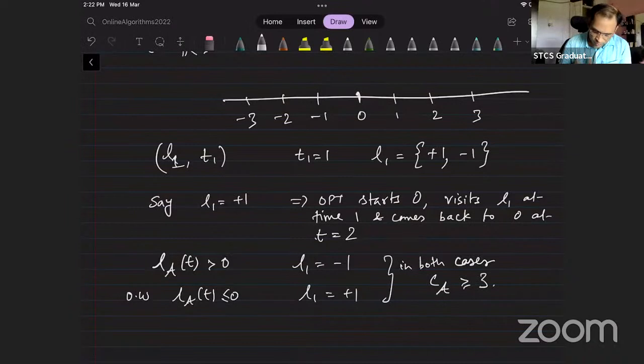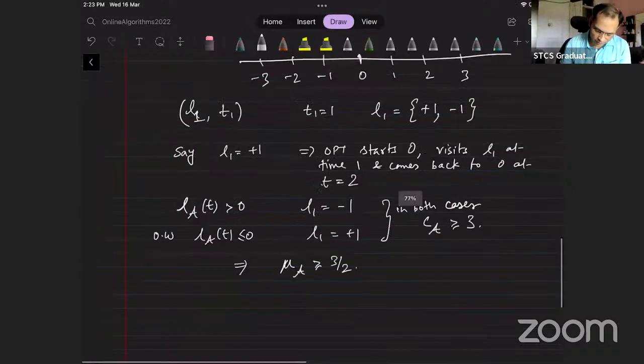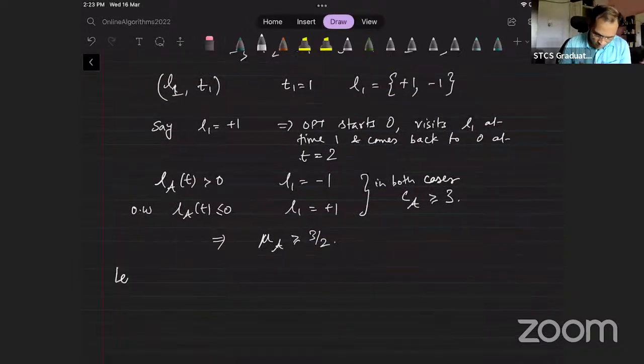I can choose, depending on what the location of the algorithm is, what I am trying to do. The OPT, irrespective of whether it's +1 or -1, can make sure that its cost is 2. So the cost of algorithm A is surely greater than or equal to 3. Therefore, mu A is greater than or equal to 3 by 2, just by looking at a very simple metric space. Now we'll go to something stronger, that mu A for